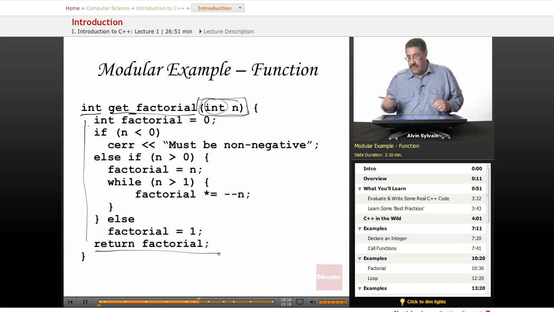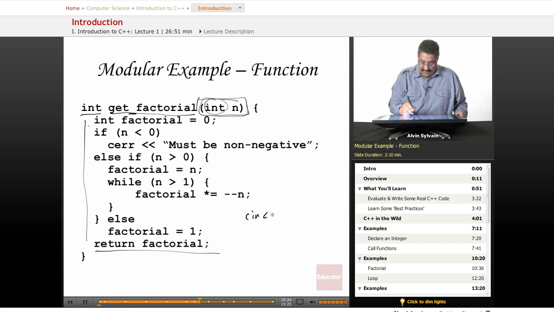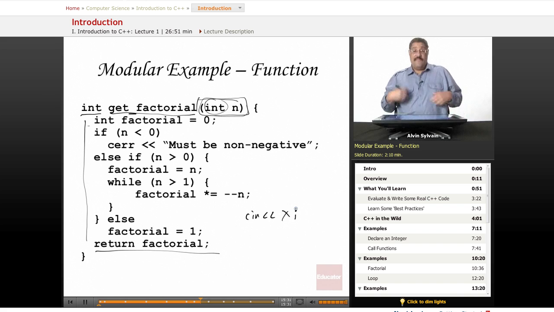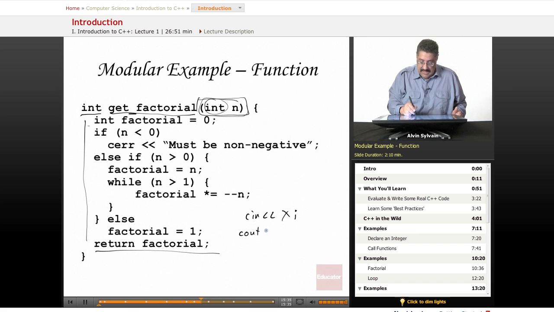So then you can have some code somewhere else in your project that either you're writing or a teammate is writing. You can say, well, we've found out the value we're looking for. Let's just call it x. And we want to find the factorial of x. So we say cout. This is just, I got the wrong. The eraser works. So we cin x, and we cout